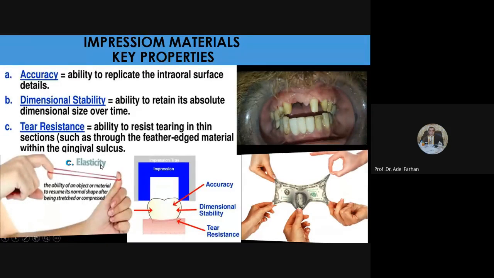طبعا الاكيورسي as you know الابيلتي تو يعني عندنا fine detail بالcrown bridge. You have to have ability for this material able to replicate this detail. The dimensional stability of the material is very critical for accurate reproduction of the intraoral structure. طبعا dimensional change ممكن تحدث